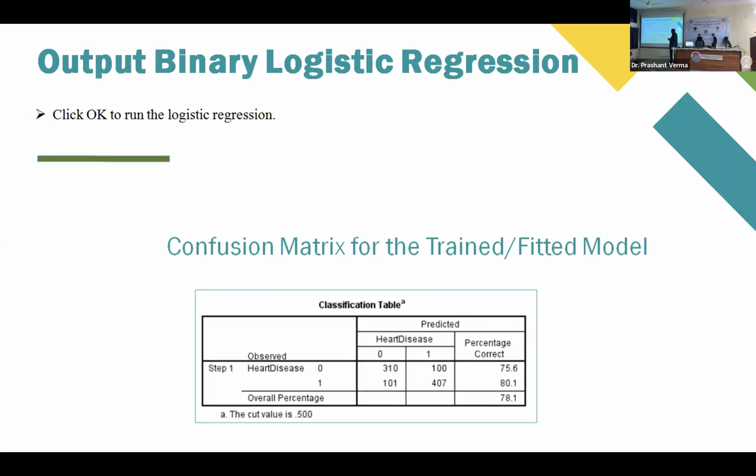So if you want to see the correct classification, what should it be? Your model says 0 and actually it was 0, meaning those were not having heart disease. So this is the correct classification the model has made for our training data set. Here, ones means the patients who were predicted by the model to have heart disease and were actually having heart disease, it was 407. So what will be our correct classification here? The diagonal part of it will be the correct classification. Will it work here?